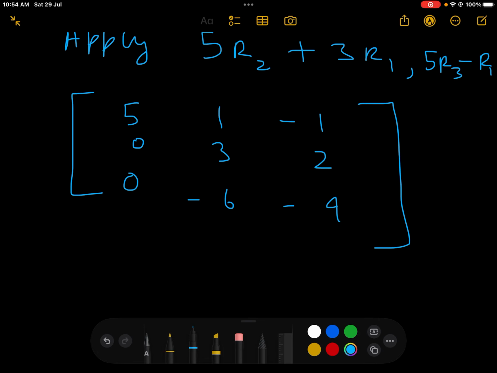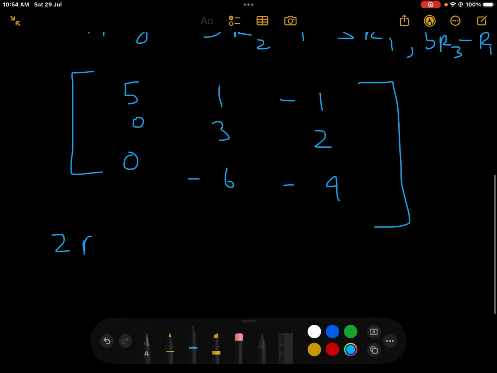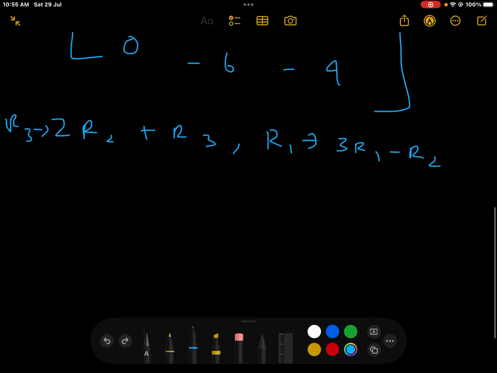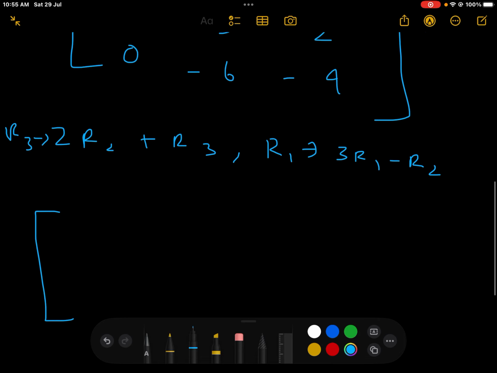Now we'll apply one more row transformation, that is twice of r2 plus r3, 2r2 plus r3, and r3 will be 2r2 plus r3, and r1 will be 3r1 minus r2, to make both 1 and 6 zero. When we apply both these row transformations, 1 and 6 will become 0. So now we apply this, so we'll get